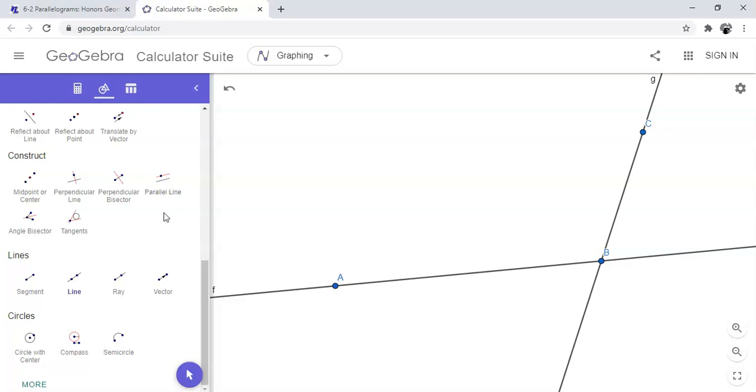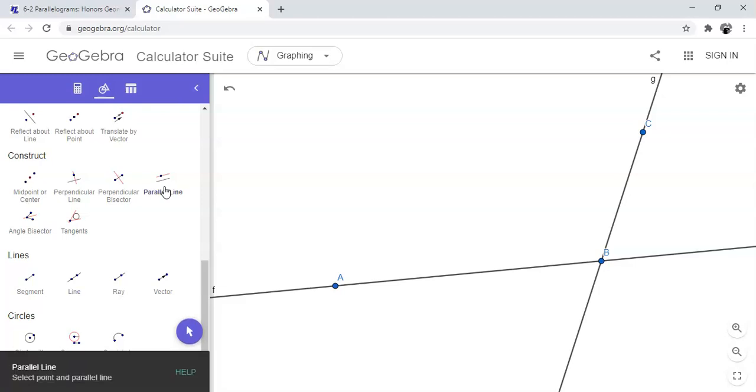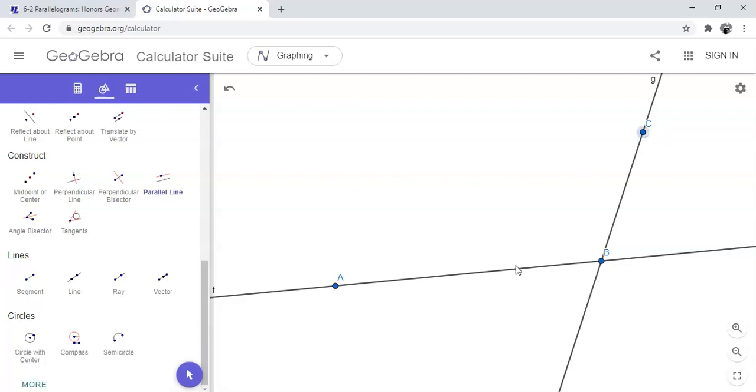The next thing we're going to do is, right above where it says lines, that we just clicked on, we have construct. And so we're going to construct some parallel lines. So we're going to click on that. It says select a point and parallel line. So you're going to select point C and the line AB. Make sure that you do not select the point A or B. You want to select just somewhere on the line,